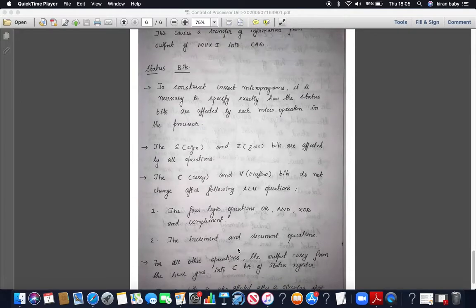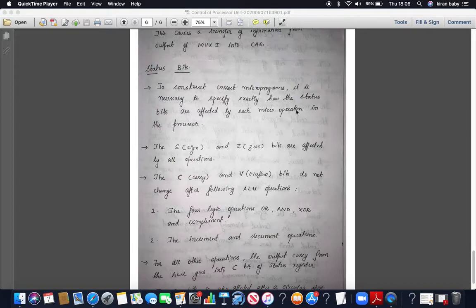How is the status bit being designed, or how is the status bit being controlled? To construct a correct microprogram, it is necessary to specify exactly how the status bits are affected after each micro operation. So if it is an addition, a subtraction, or a transfer operation, after each micro operation we should specify how the status bit will be.